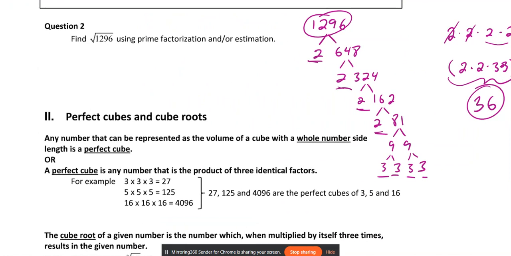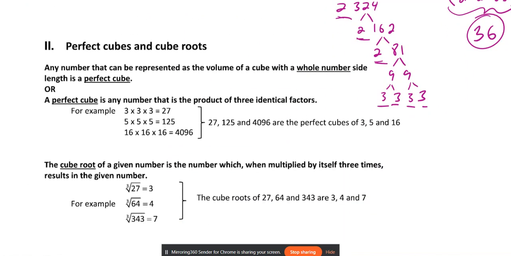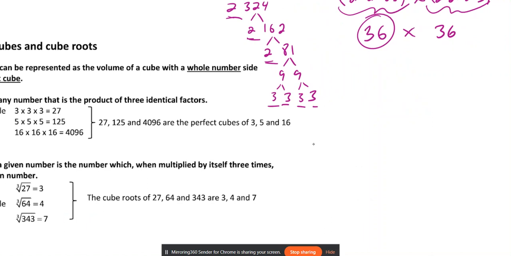All right. Perfect cubes and cube roots. So any number that can be represented as the volume of a cube, but the whole number side length is a perfect cube. So what I mean by that is if you had a cube,